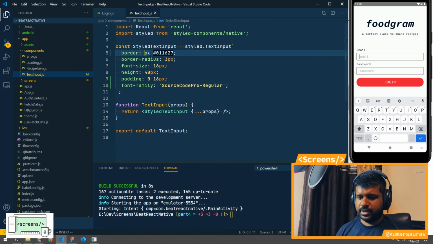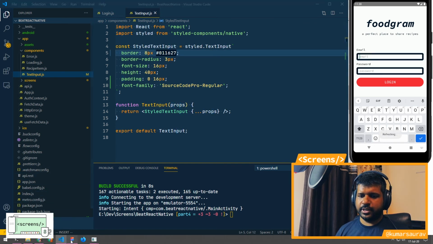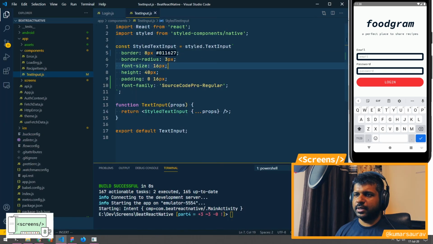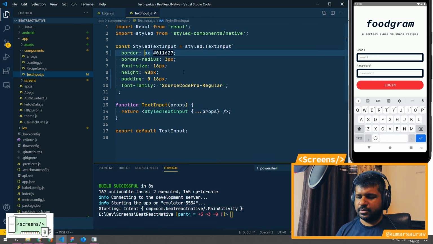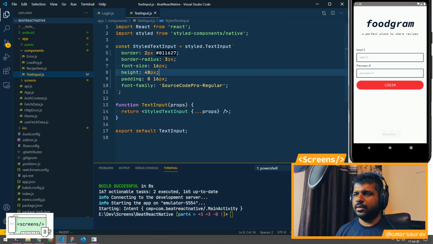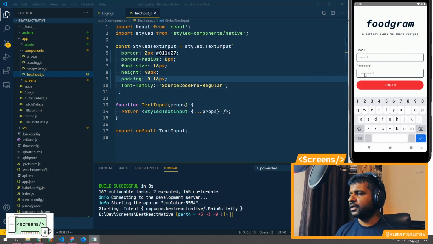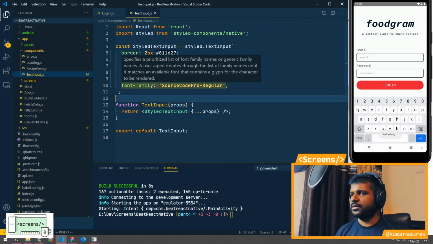Let's check the design. Okay, sorry, the border is 2 pixels, and the border radius is 8 pixels. We need to change the height to 48. Okay, cool. I think the input has been styled now.